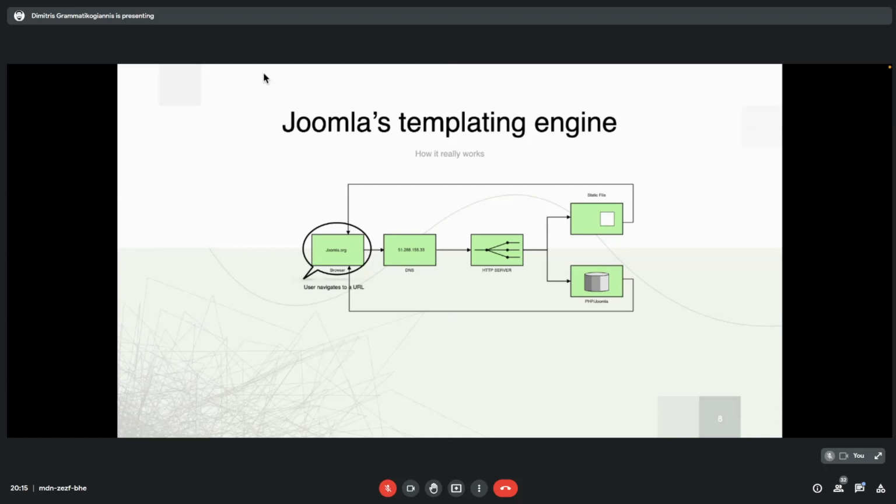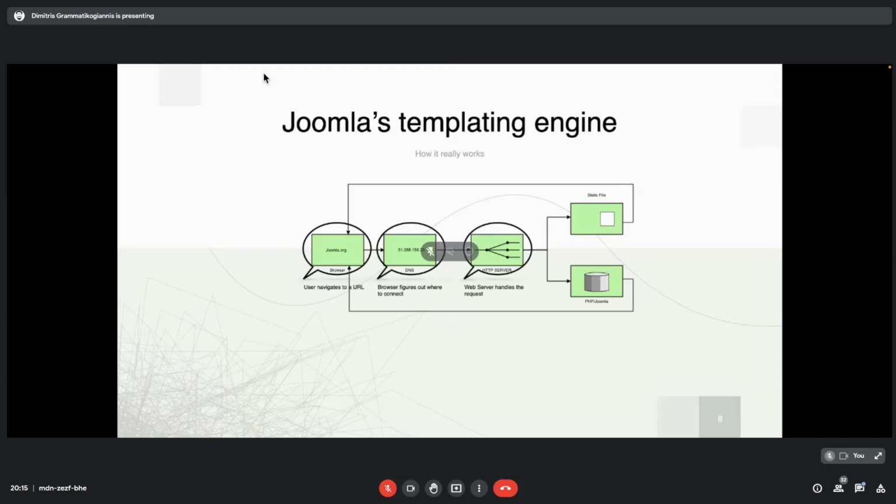The browser doesn't understand human language. It needs to translate what we give it to something more meaningful. It means an IP, so it does a DNS resolution, converting what we type to an IP. When it finds that IP, it will